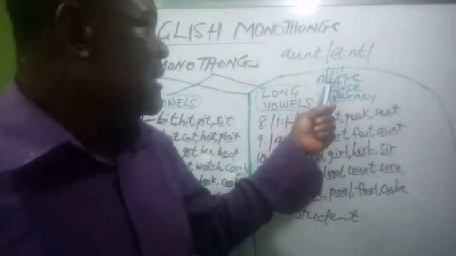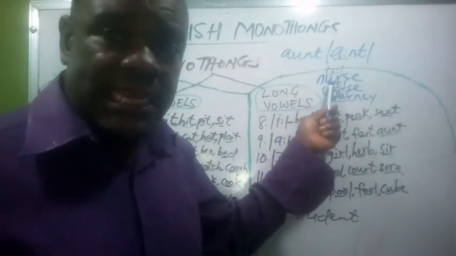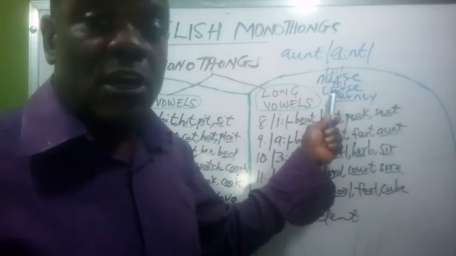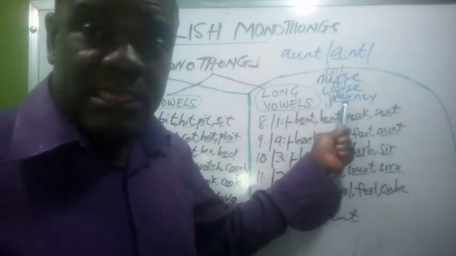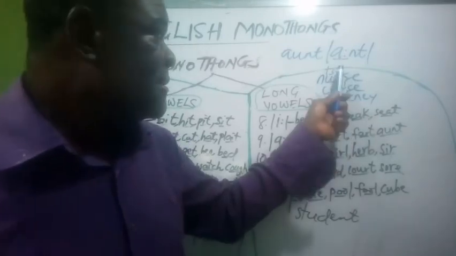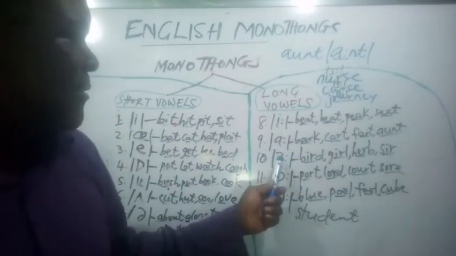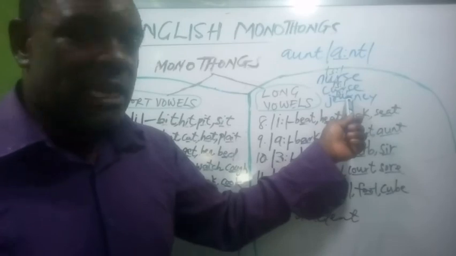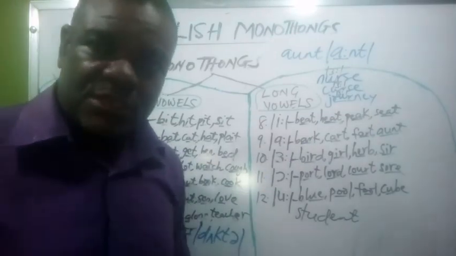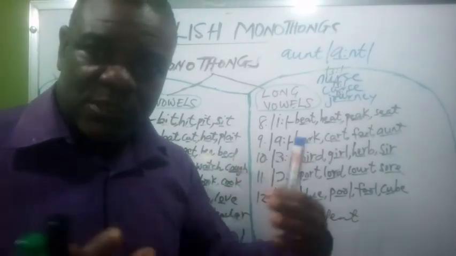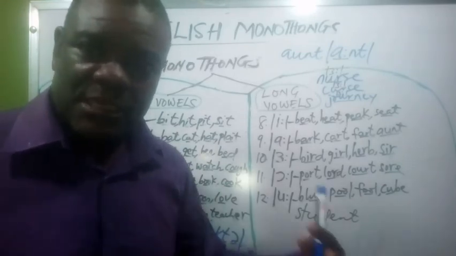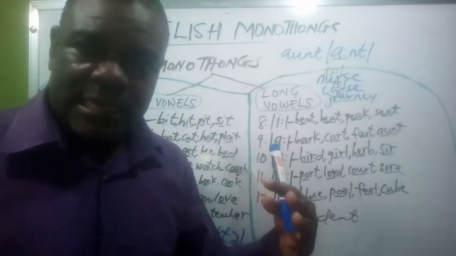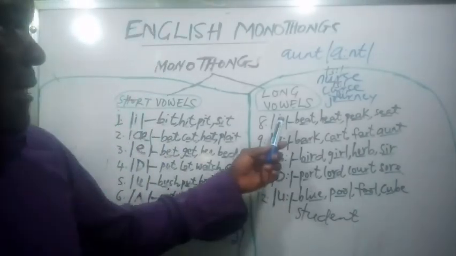So this word is not nurse, it is nurse. This is not curse, it is curse. This is not journey, it is journey. And so this sound occurs in words. There are other combinations of letters, and with practice you familiarize yourself with the letters that represent each of these